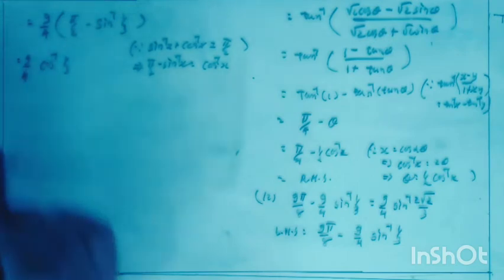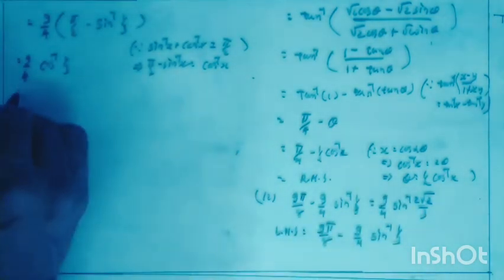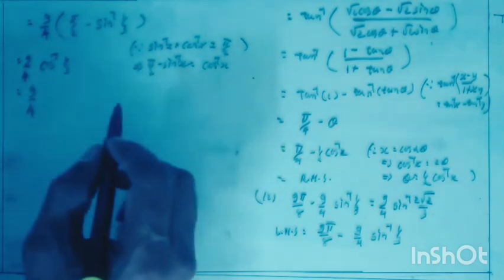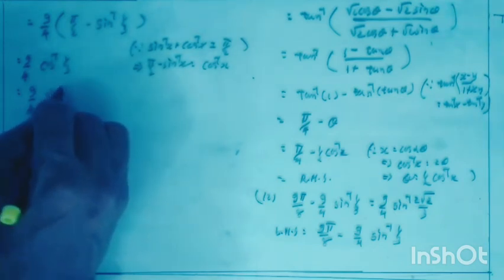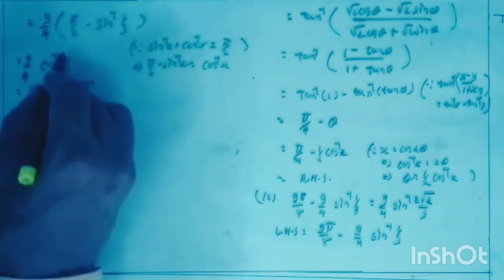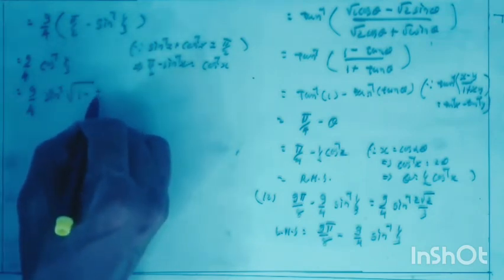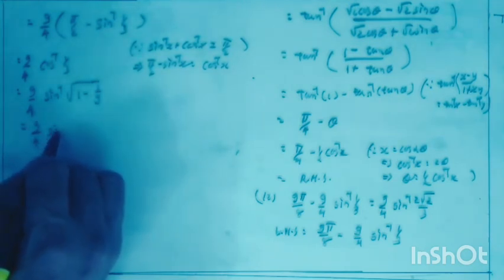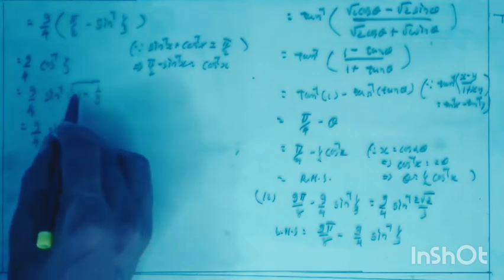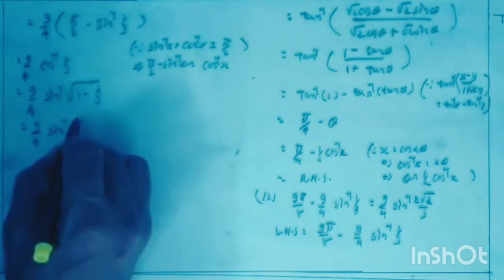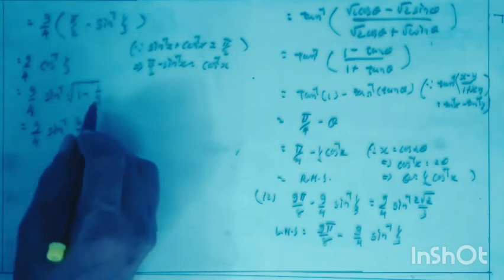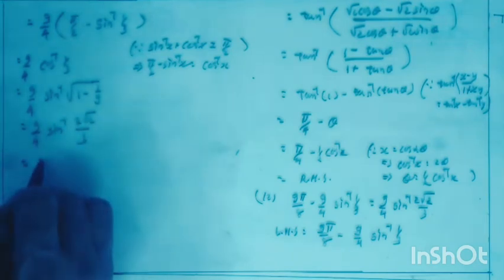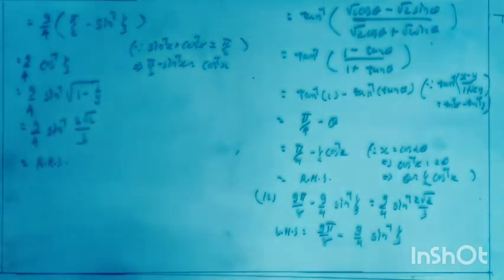So change this cos inverse into sin inverse form. We get 9 upon 4. You know the formula for cos inverse to sin inverse: sin inverse root of 1 minus the square of this term, 1 upon 3 square is 9. So it is equal to 9 upon 4 sin inverse, take LCM 9 minus 1, 8, square root of 8 is 2 root 2, upon square root of 9 is 3. So hence proved. This is the right hand side, RHS. Clear?